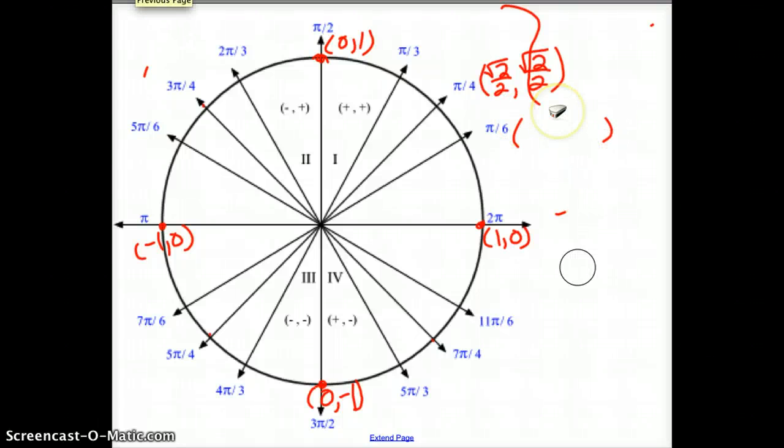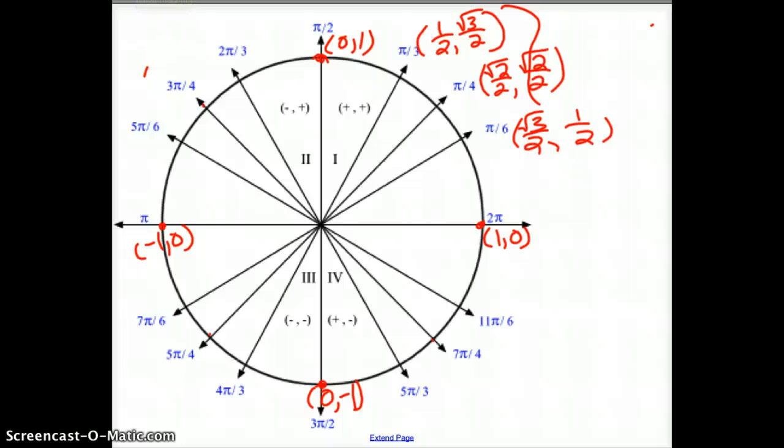For the pi over 6, I always just remember that the sine is a half, and then the cosine falls in nicely, and then I remember that for the 60 degrees, they just interchange. Now, there are some other shortcuts that I've seen, some tricks, if you really don't understand where those are coming from with those special right triangles. There's some tricks that I'll show you, but I like to avoid the tricks, so I want you to work